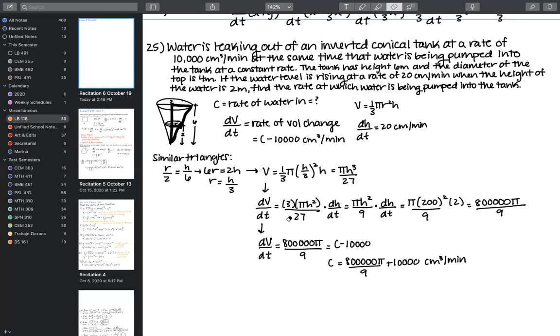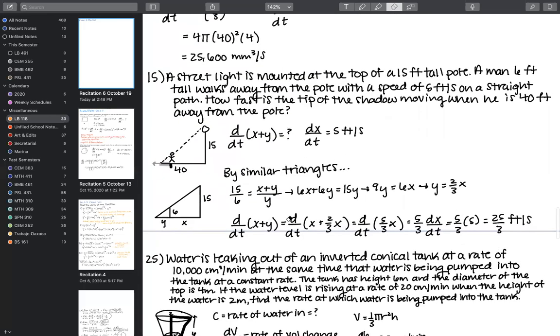Okay. And then also, if you don't mind, can you quickly show me the second part of question 20, the last question that you did? That one. Yeah, sorry, I had to leave in the middle of the recitation. No, that's okay. Yeah, go ahead. Is there any question, or do you just need to look at it? I just need to look at it. Okay. Yeah, I'm done. Thank you. Oh, yeah, no problem.